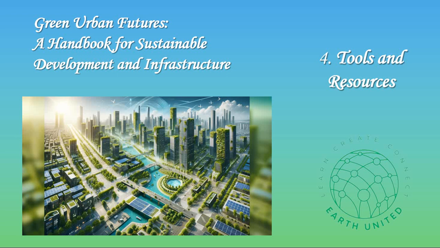Right, exactly. Like making sure that access to green spaces, clean air, and sustainable transportation is not just a perk for wealthy neighborhoods. It's got to be for everybody. Exactly. The handbook talks about using mapping tools to identify what they call green deserts. What's a green desert? Those are the areas that lack parks and trees. Oh, okay. And then you can prioritize investments in those communities. I like that. So it's like evening the playing field a little bit, making sure that everyone benefits from a greener city.